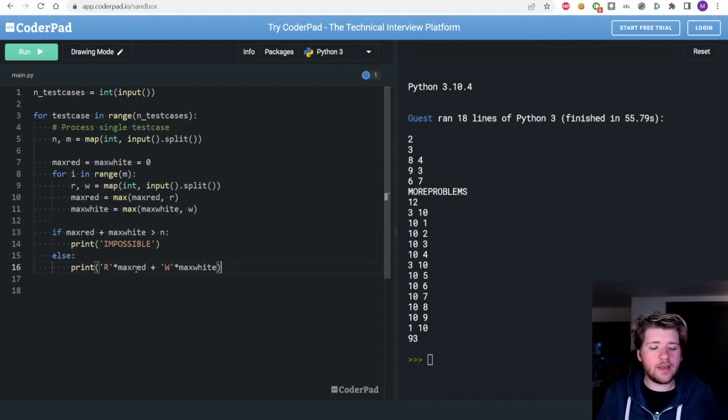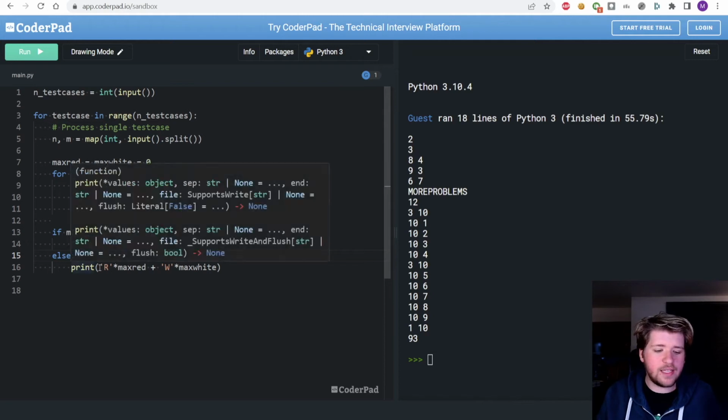There's also a third case we need to consider. It appears when max red plus max white, so the number of total bottles that we need, is lower than the number of bottles we are allowed. So now we have too many spaces. In that case, it doesn't really matter which bottles we put in the free slots we have at the end. But we still have to fill them, because otherwise the answer will be invalid.